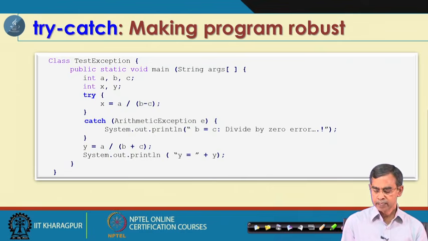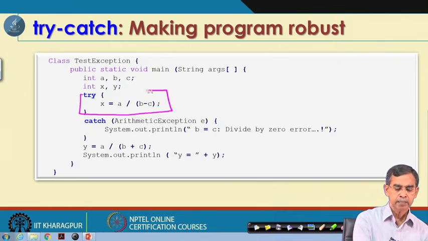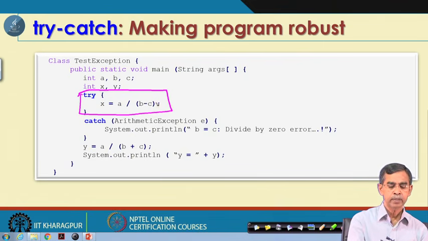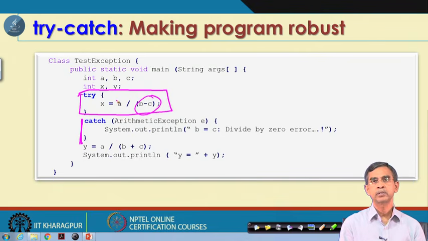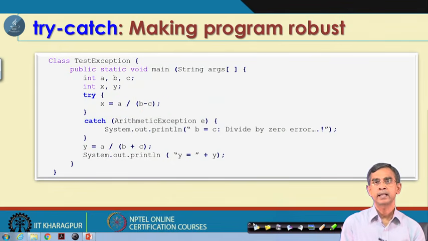As you can see here, we put these things in a try catch block. You know why we have done it? Definitely because this code will again lead to divide by 0 for some input if b equals c. So, in case this error occurs for b equals c, it reports that this occurred there, and then it bypasses it. So, this is the idea about the simple try catch mechanism in Java to handle the errors.